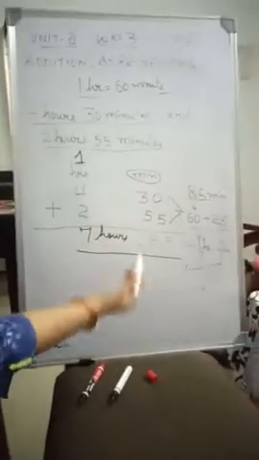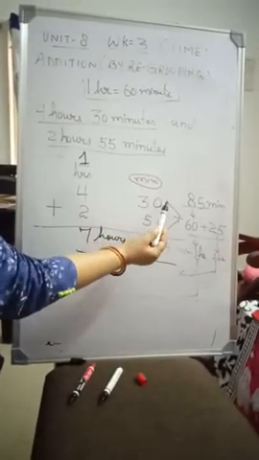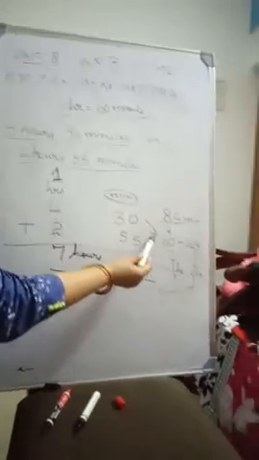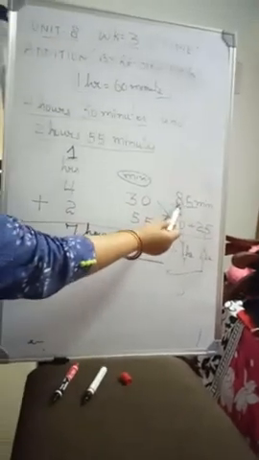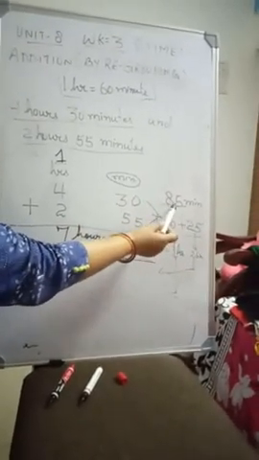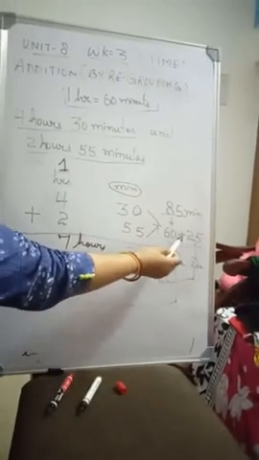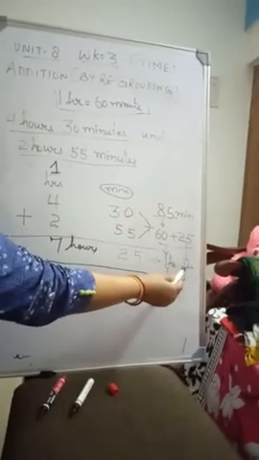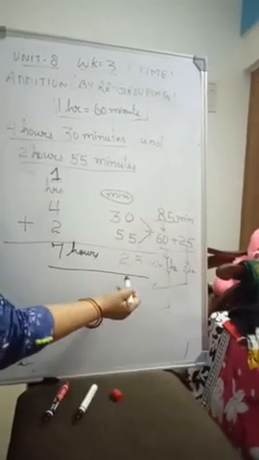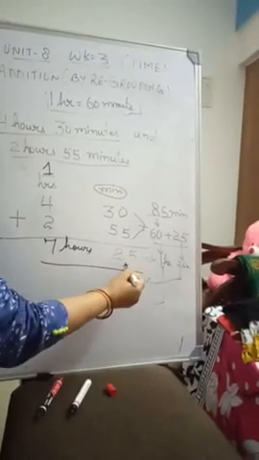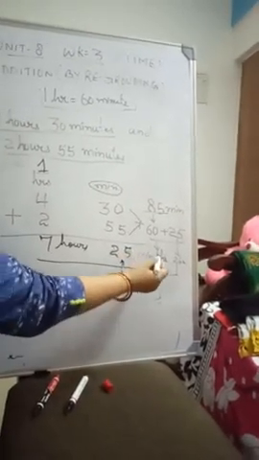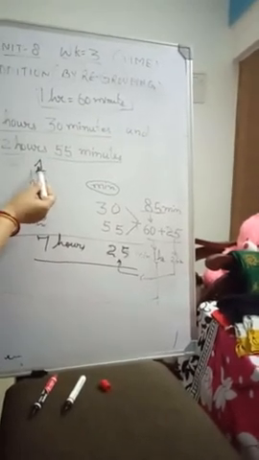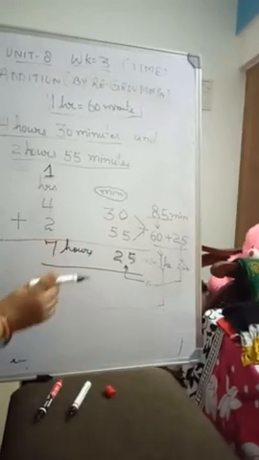Now according to the rule of addition, we will start to add from the right hand side, the minute unit. So start to add 30 plus 55 is 85. Now this 85 we split into two parts, 60 plus 25, and this 60 minutes is equal to 1 hour and 25 minutes. This 25 minutes will come here in the minute section. And this 1 hour will go as a carryover in the hour column, and then we add 1 plus 4, 5 plus 2, 7 is 7 hours.